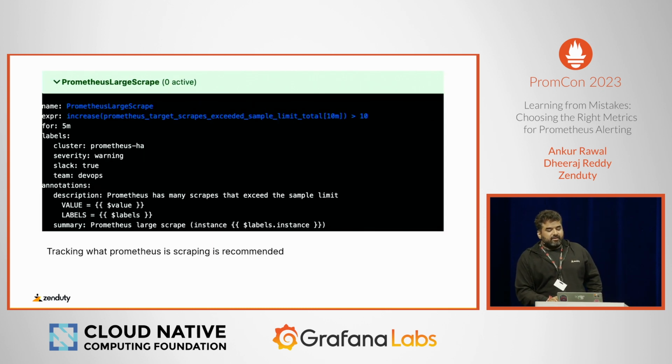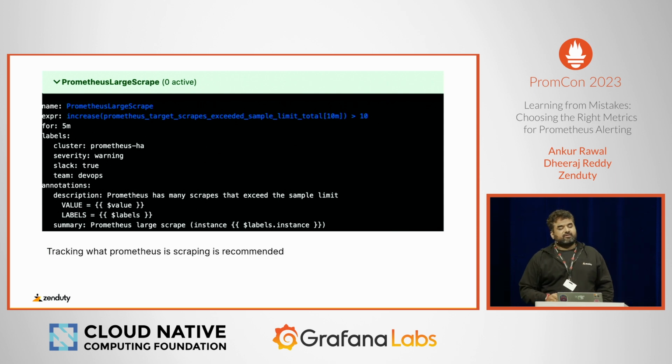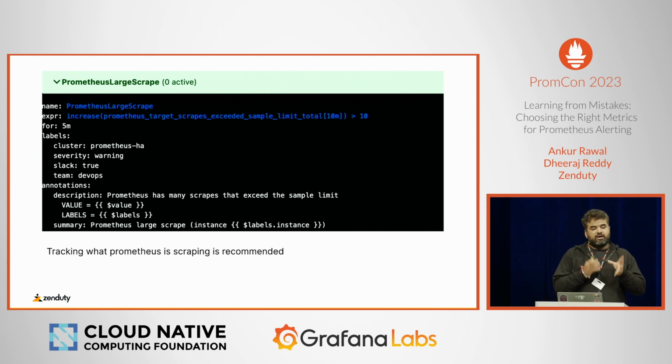The next thing we need to keep track of, because we know with Prometheus, it can sometimes go in a direction where the scraping needs to be really high, right? To scrape the right amount of data, it could be because your settings require that much data to be scraped. But if Prometheus does not have enough resources to scrape that much data, the way the scraping is scaling, your alert manager will still get delayed if you are not keeping track of the scraping data which